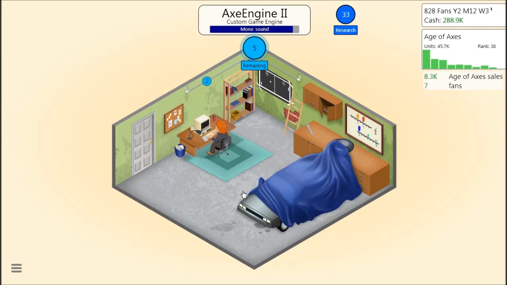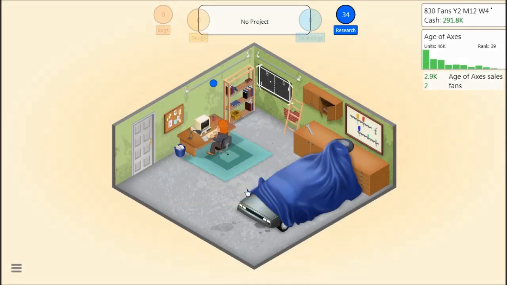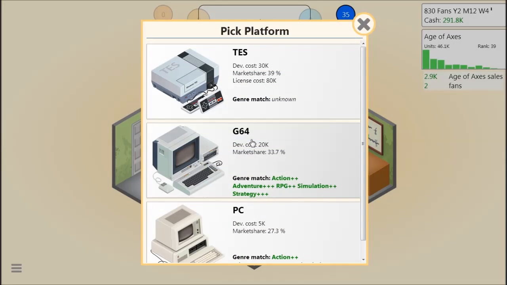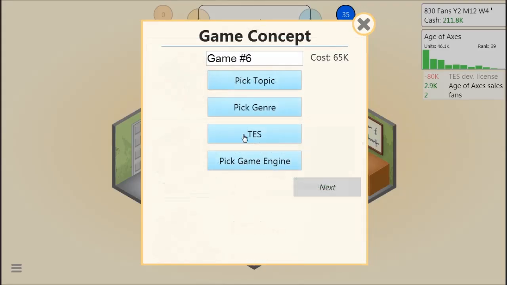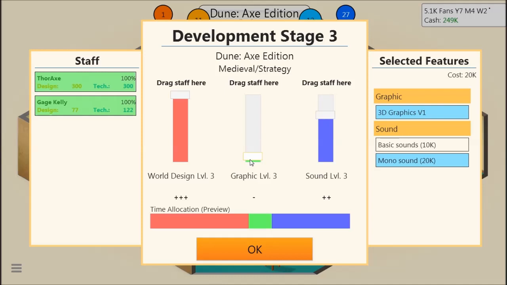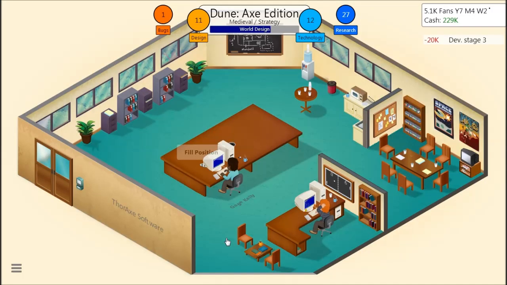So, how do you get there? Well, developing games is a very straightforward process. You click anywhere on the screen, and it brings up a drop-down menu. You can select Develop Game, and then you get to name your game. You get to select the topic, which is things like medieval, or aliens, or UFO, or space, or things like that. And then you select your genre, which you get a choice between action, adventure, RPG, casual, which you have to unlock, actually,